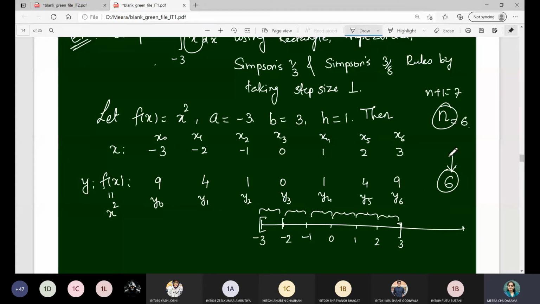Therefore sub interval is 6, which is even in number as well as multiple of 3. So we can evaluate here Simpson's 1/3 rule, from 3/8 rule as well. Okay, so let us apply one by one all these methods. Do you have clear cut idea now which thing you have to keep in mind while taking the Simpson's 1/3 rule and 3/8 rule? Right, that is the total number of sub intervals, not the total number of data points. Is it clear to everyone?